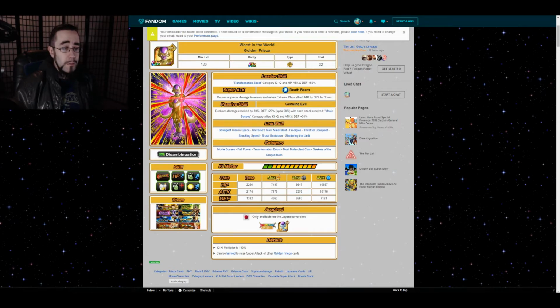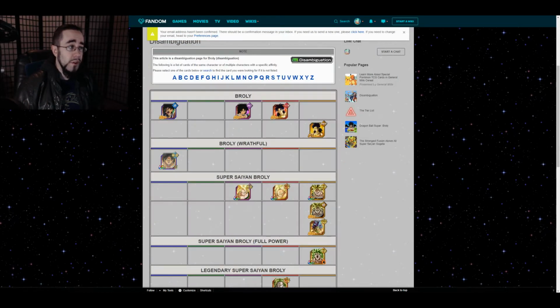You can also farm him. I wouldn't necessarily recommend this. You can farm him though for various versions of Golden Frieza. And same thing for Broly, whenever he also Dokkan awakens into the Super Saiyan version of himself, which is...